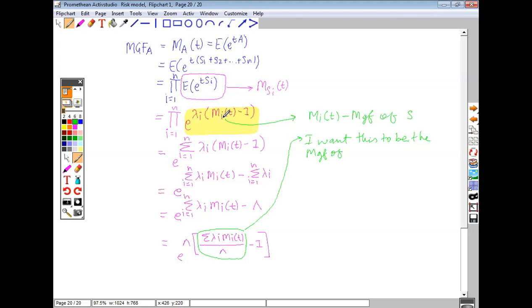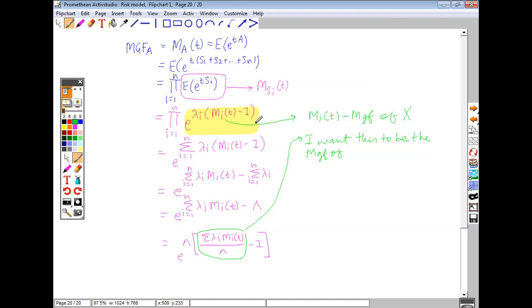Oh, what was my M_i(t) here? Was it the MGF of S? No, right? What was this the MGF of? Can anyone remind me? This wasn't the MGF of S. What was this the MGF of? X. X, right? So this was the MGF of the stuff that I added up together to give S,